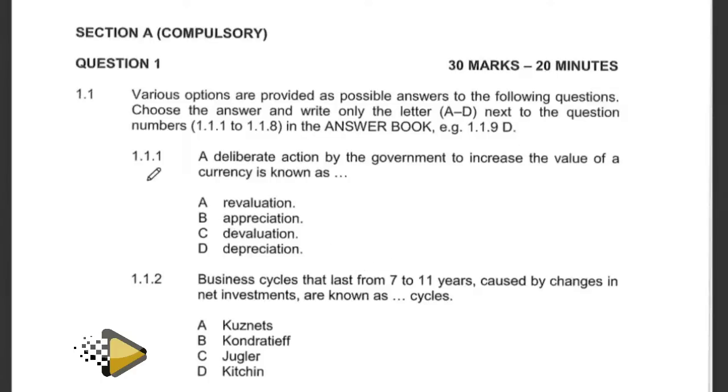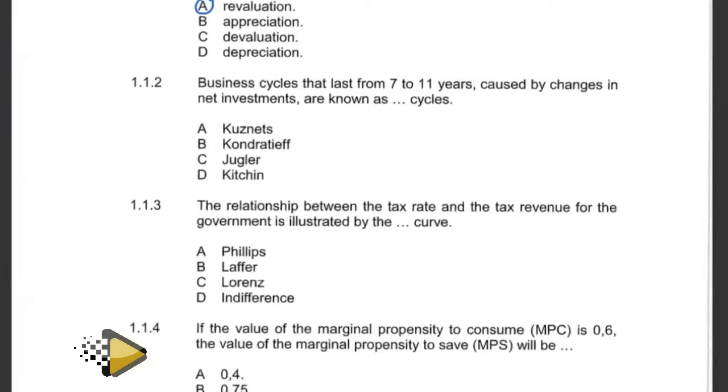Okay, right. So now 1.1.1 reads as follows. A deliberate action by the government to increase the value of currency is known as revaluation. So it means in this regard, our appropriate answer is going to be A. Okay, right, grade 12. So now moving on to the next question. Next question we have 1.1.2. 1.1.2 reads as follows. Business cycles that last from 7 to 11 years caused by the changes in net investment are known as